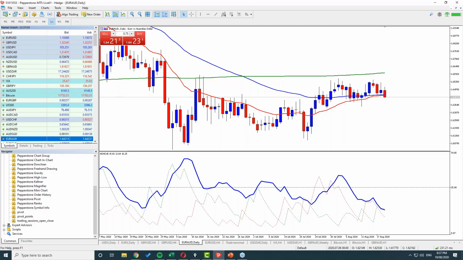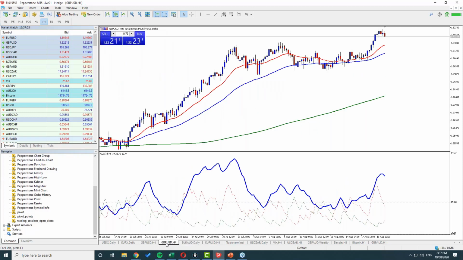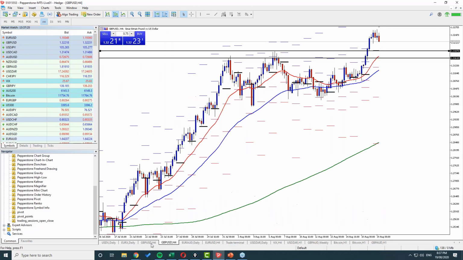That's just to bring in the ADX into your correlation analysis of what's happening between those two pairs against the US dollar. Because what happens in those two pairs against the US dollar is going to have a very important reflection on what happens on the Euro Aussie. Okay, so hopefully that answers your question. But not only do you want to look at the Aussie USD, you also want to look at the Euro USD to base your analysis on what's going to happen with the Euro Aussie.